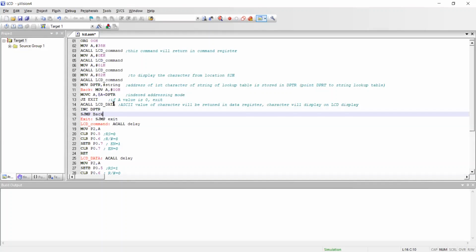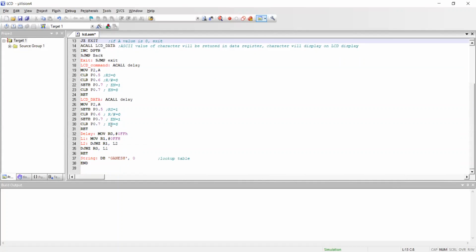It will do for A, come back, do for N, again come back, do for E, then S, then H. Last, it will come back, but there is no character, so it will find 0. That time the value of A is 0, not the ASCII value of GANESH, so the program will end there.